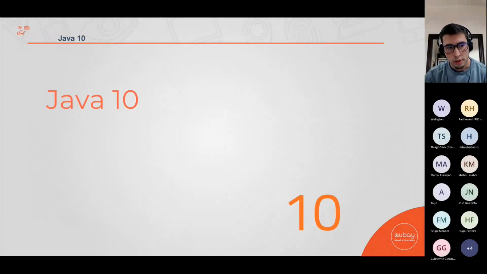Okay, that's what I have about Java 9. I'm showing just some things that I think are important to know and be aware of, and also features that will probably help you in your daily activities. But we have a lot of things, and it's impossible to talk about everything between Java 8 and 19 in just 1 hour. So I will show you some of them, the things I think can help you. Again, if you have any doubt, you can put it on the chat or ask me.